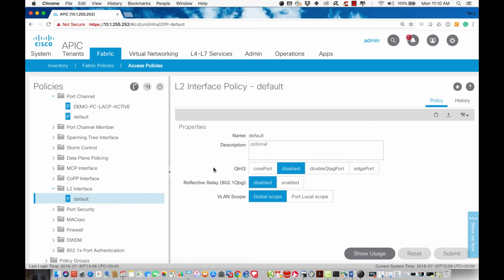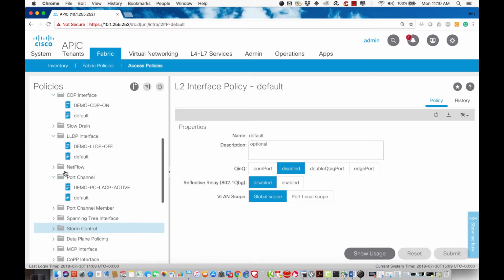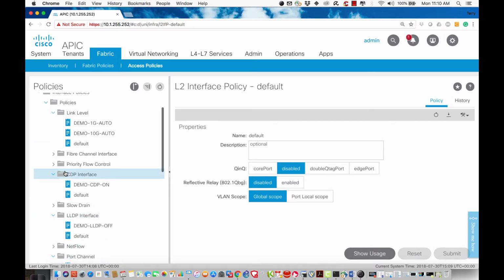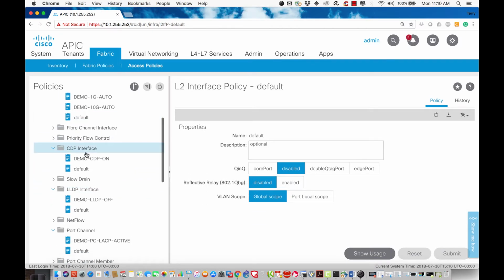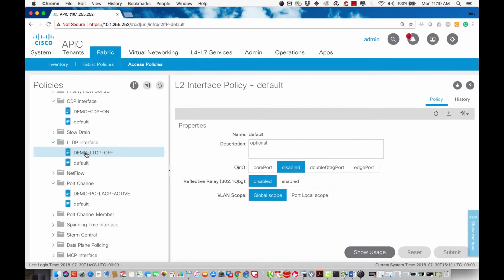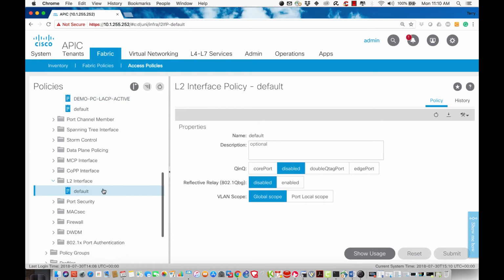support Q and Q, whether we're going to do reflective relay 802.1q BG, or how we're going to deploy VLANs, either global scope, or I can create port scopes. But again, all of this functionality, we're not going to explore all of it in this workshop because there's just simply not enough time. But at the end of the day, what I've selected here are some of the more commonly used ones. Another one that we might end up needing to use in the configuration when